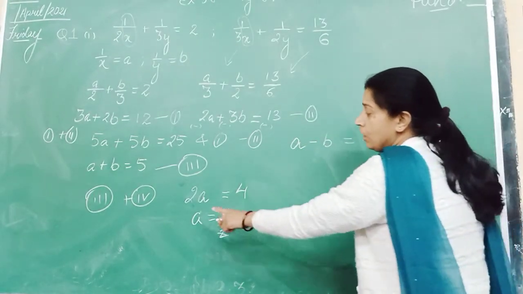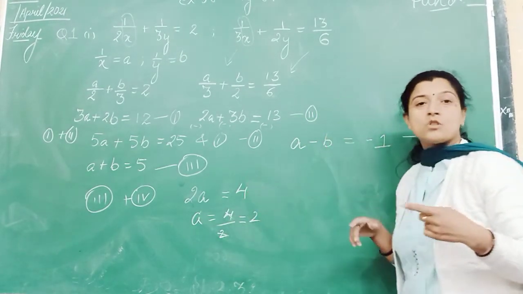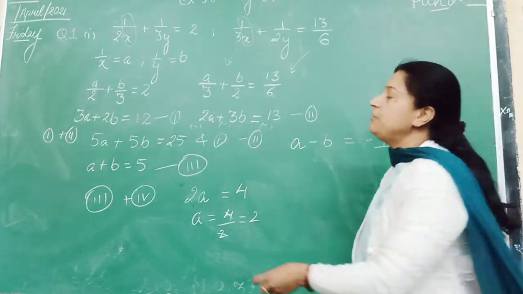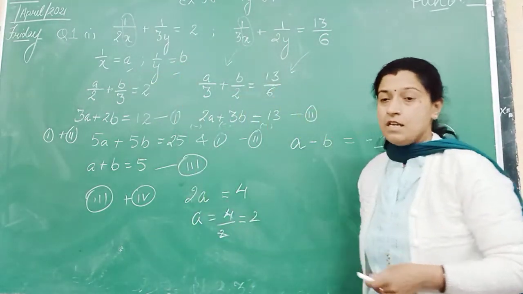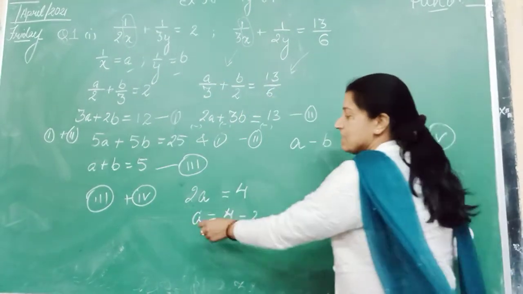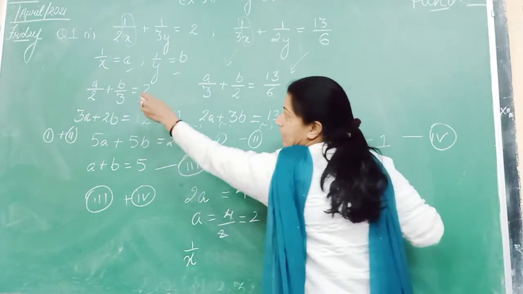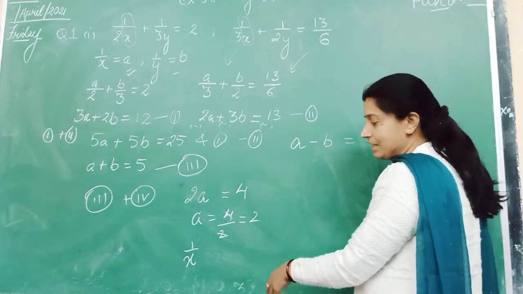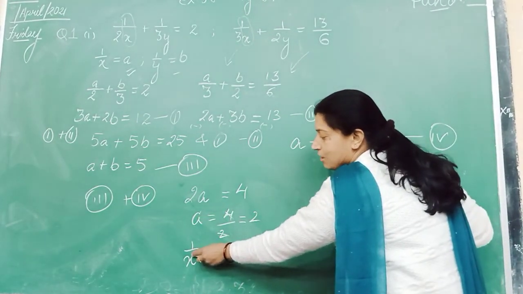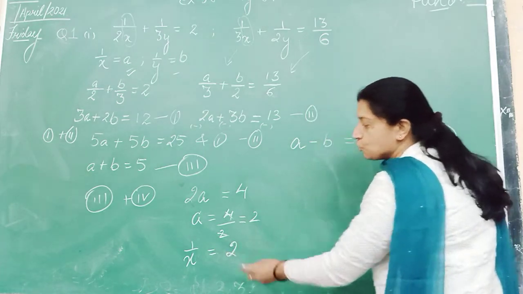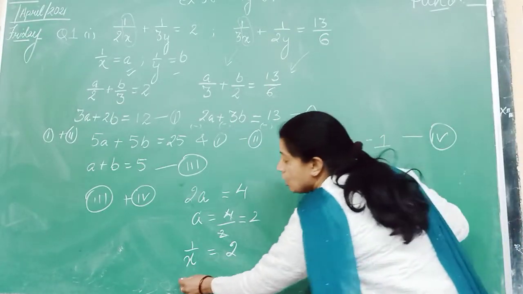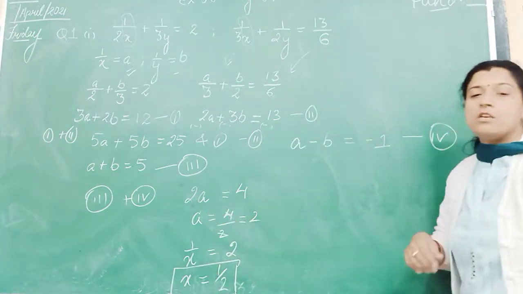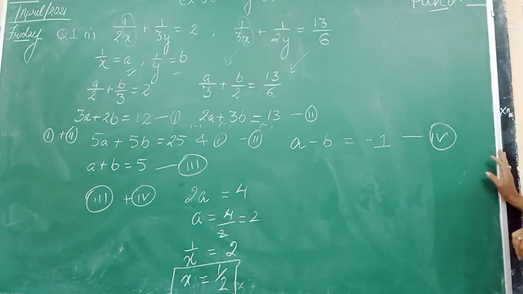Okay, now a is equal to 2, but our question was not to find a. In the question we were given x and y. We have supposed a and b for our convenience. Alright, so we had to actually find x. So a was 1 upon x. We had supposed a as 1 upon x, or rather 1 upon x was taken as a. So in place of a, its value, that is 1 upon x, is equal to 2. A was 2, so 1 by x is 2. So your x will come out to be 1 upon 2. Okay, so your first variable comes out to be 1 by 2.